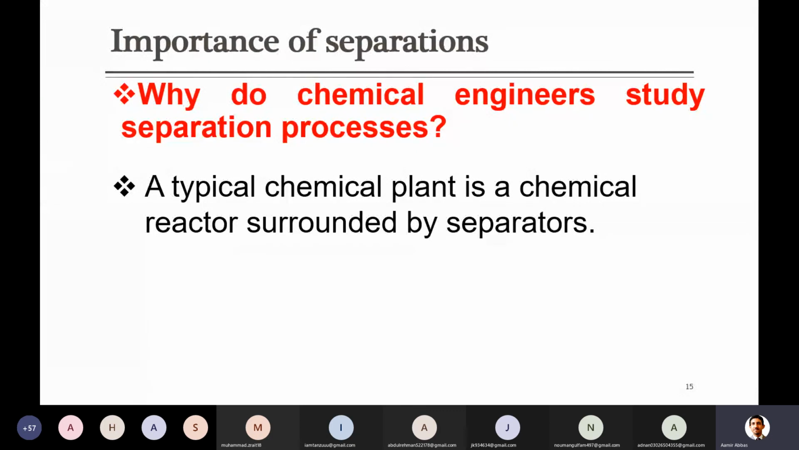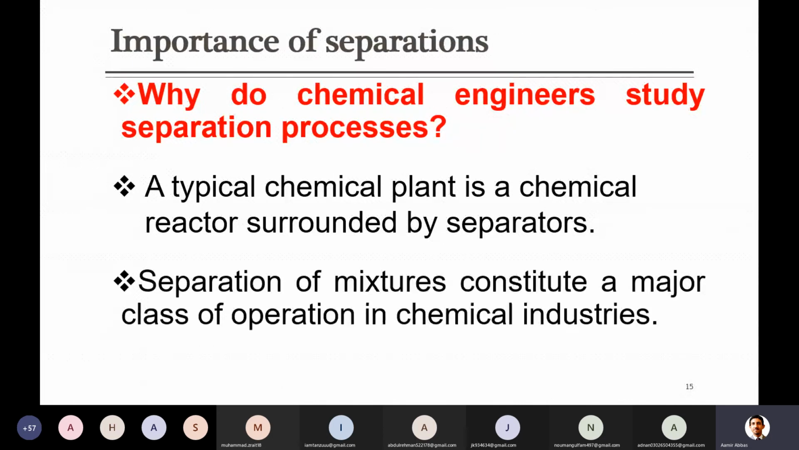When there is a complete chemical industry, it will definitely contain a reactor, and then there will be a lot of separators. So because there are a lot of separators, we need to study this, because separation of mixtures...